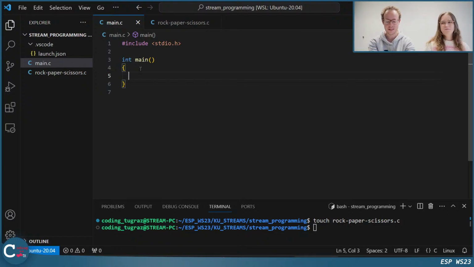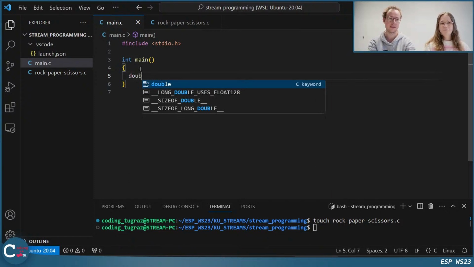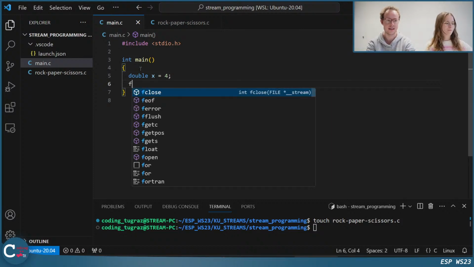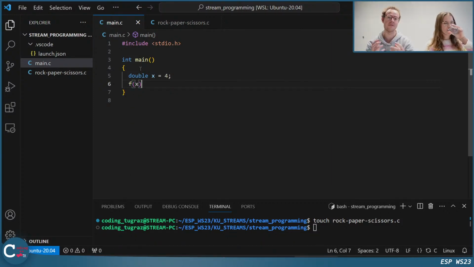The first thing that I want to do is declare a double x, and I give it some value, for example 4, doesn't matter. And then I would like to obtain the result of my function. So my function is f of x, which I have not implemented yet, but I will do this right now. And I want to assign the result to a variable y.